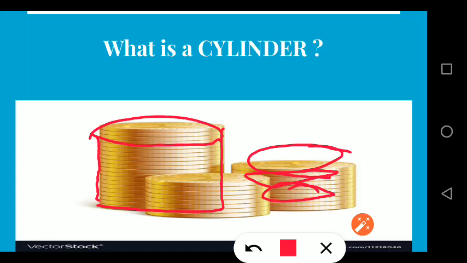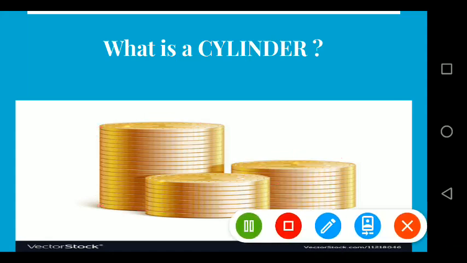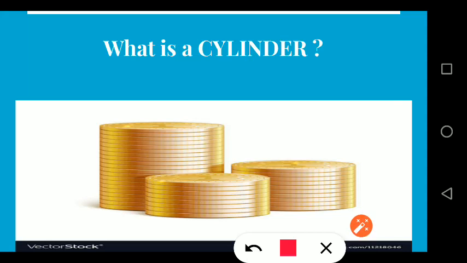So what we are getting is that if we place a circle over a circle, then again one more circle over it, then more circles over it, it becomes a cylinder. Keeping a circle over another circle, and on top of it one more circle, we get a cylinder. And the height of the cylinder depends upon the number of circles.